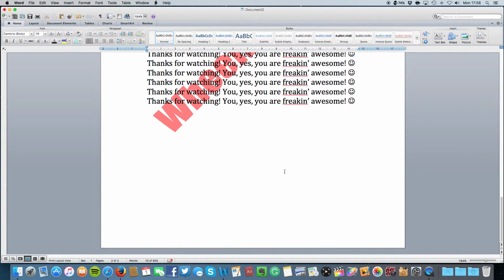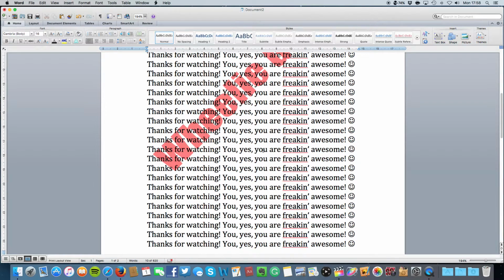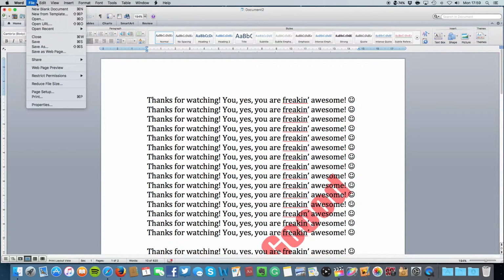This is what a watermark document would look like. I've done this for myself previously with other projects that I've worked on, but yeah, I just thought this would be really cool to show you guys. If you want to be extra cautious, you can save this document